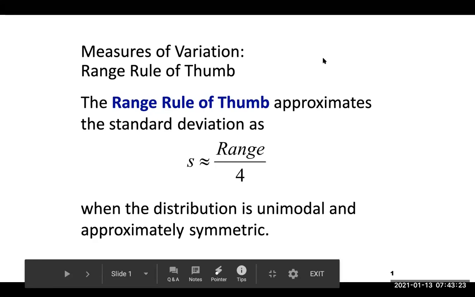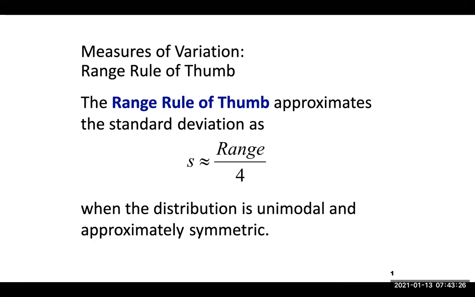Now, when we obtained standard deviation, it was a multi-step process. We had to take the data, find the mean of the data, find the difference of the mean and each data point, square that, get the sum of the squares, divide the sum of the squares by the number of data points or one less than the number of data points, and take the square root. That's the steps to determining the standard deviation. However,